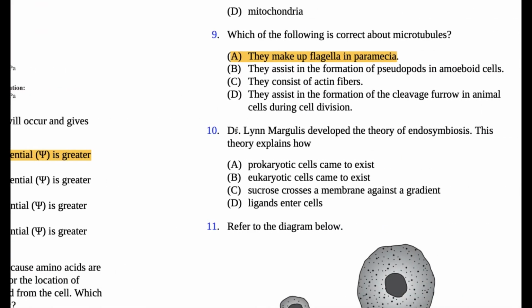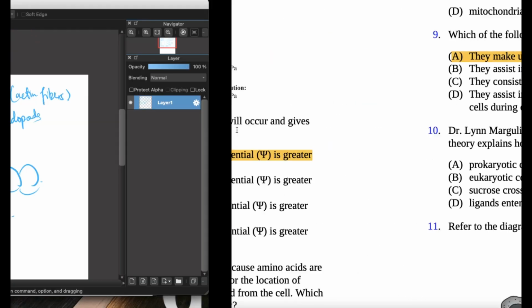Okay, next, Dr. Lynn Margulis. We don't need to care who she is. She developed the theory of endosymbiosis. This theory explains how prokaryotic cells came to exist, eukaryotic cells came to exist, circles across the membrane against gradient and ligands enter cells. So the endosymbiosis actually,